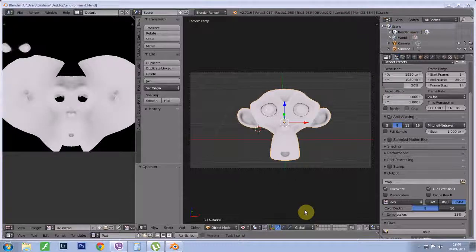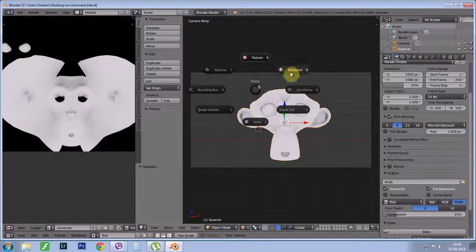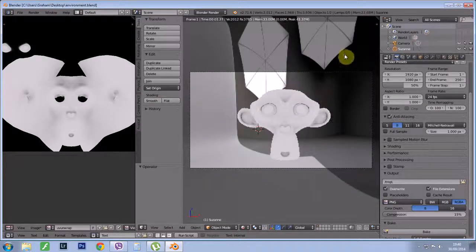Okay, so now we have a texture baked with our environment texture. So what I'm going to do now is just quickly go into a rendered view. There we go. Let's go into rendered view, and you can see our environment texture kind of in the background. But it's not where it should be. If you remember, this is like a studio environment, and we're kind of half in the dark,